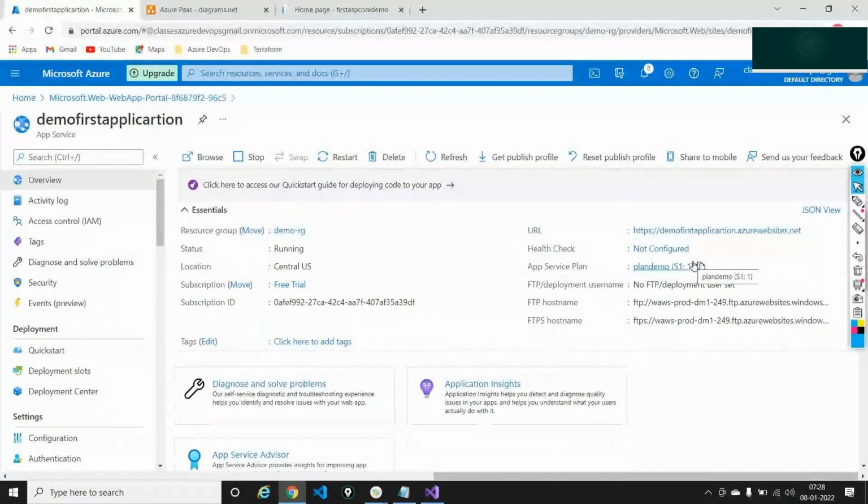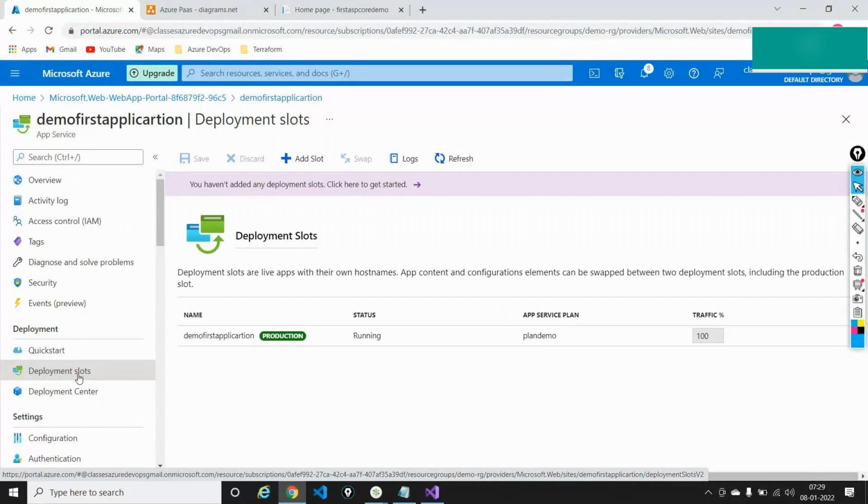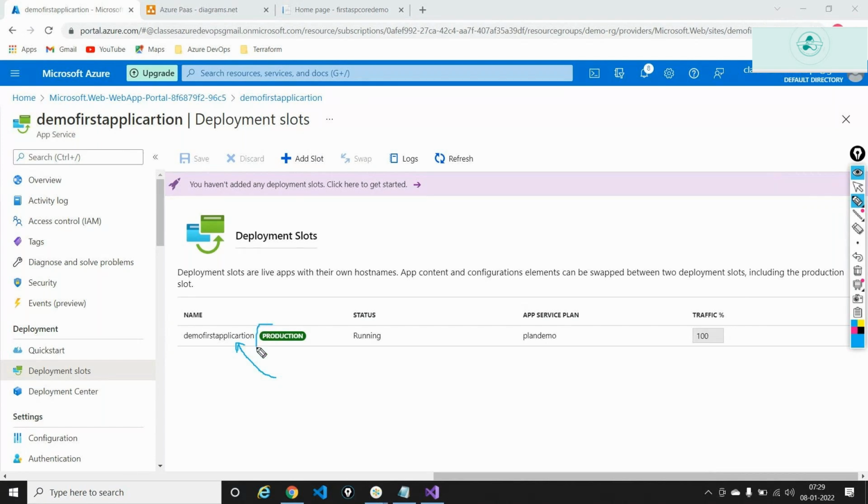Now I'll go into something known as deployment slots. As of now, I only have one slot called production, meaning whatever I'm deploying is directly going into the live application. So I don't want to do this.